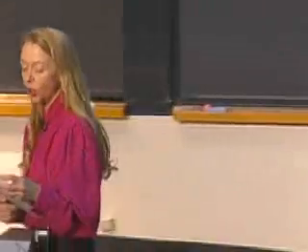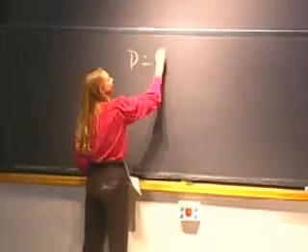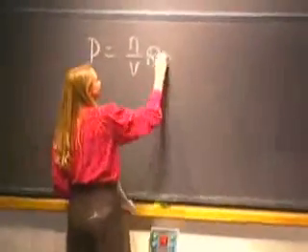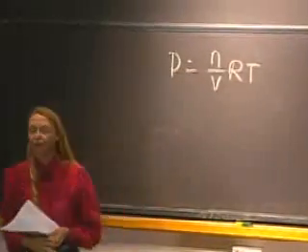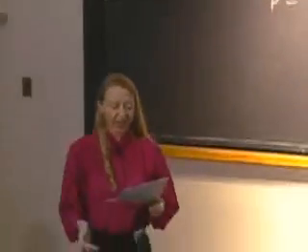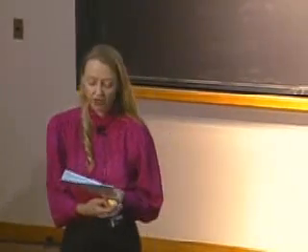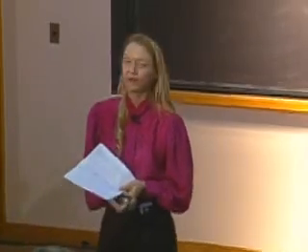Well, certainly the quintessential equation that represents the behavior of gases is, of course, the ideal gas law. P equals n over V times RT. This equation accurately represents the behavior of gases at low pressures. It is an empirical law, of course. It is a law that Boyle and Charles